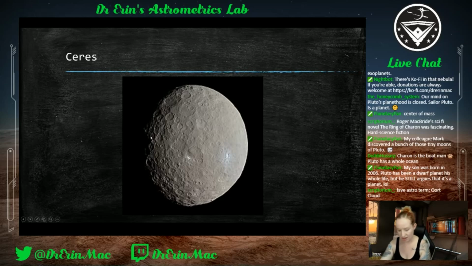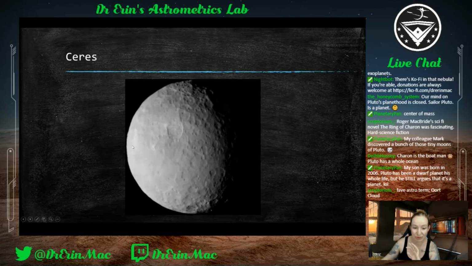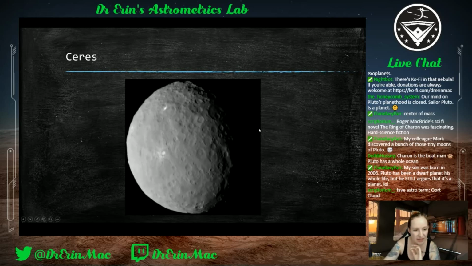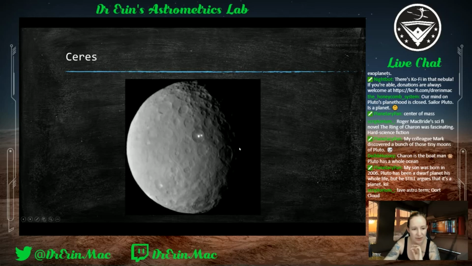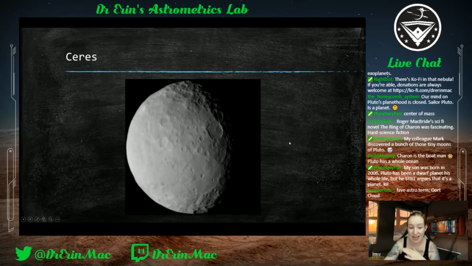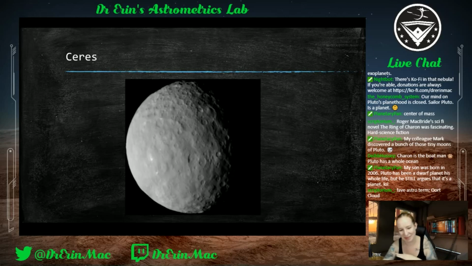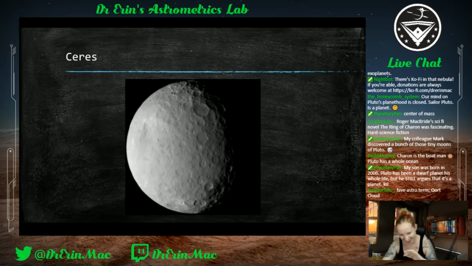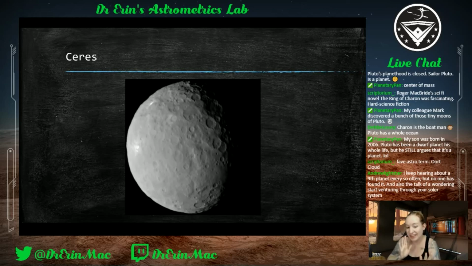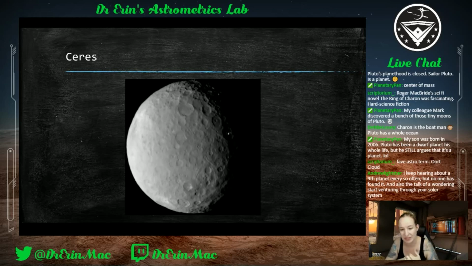And actually, this is super cool. These bright parts are highly reflective. You start to see the light continue to be reflected even when it starts to get into shadow, like right there. Yeah, love it. Broke everyone's brains. I'm like, alien civilization. And then the science part of my brain is like, calm down. But really, really interesting. We think that it might be some sort of salt compounds that are just highly reflective that we haven't really necessarily seen before.